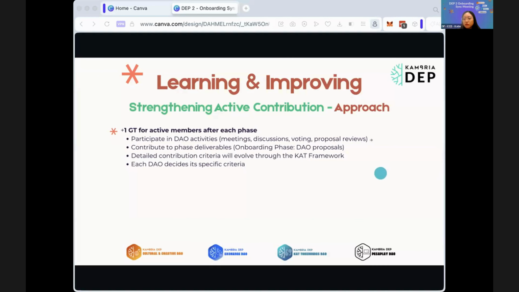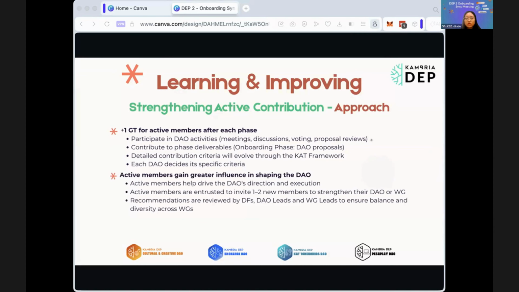Active members will receive +1 GT after each phase based on participation and contribution to DAO deliverables. Active members gain greater influence in shaping the DAO and are entrusted to invite 1 or 2 members who can strengthen the DAO's capacity and execution.